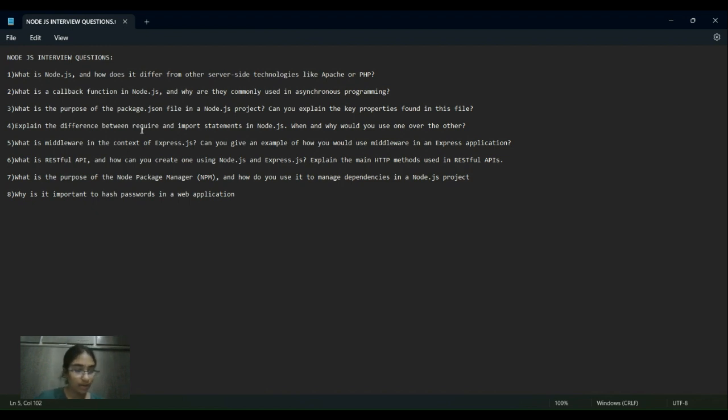Okay, and the sixth question is: what is a RESTful API and how can you create one in Node.js and Express.js? Explain the main HTTP methods used in RESTful APIs. First of all, we have to set up the Node.js environment.